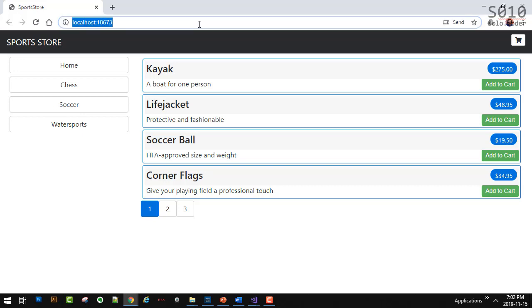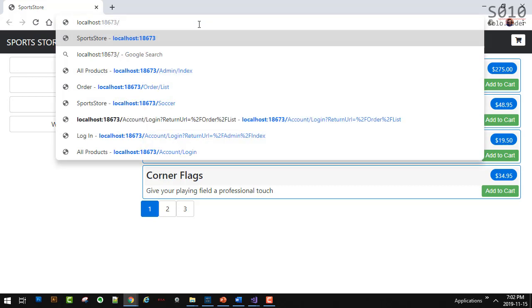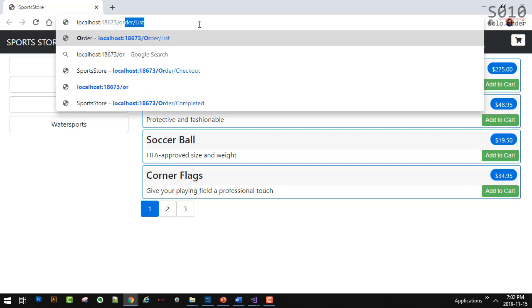Okay, so I'm going to try to access a place that right now we have secured already. And again, I'm talking about the final product here. So I'm going to go to order list. This action inside the order controller has been secured.